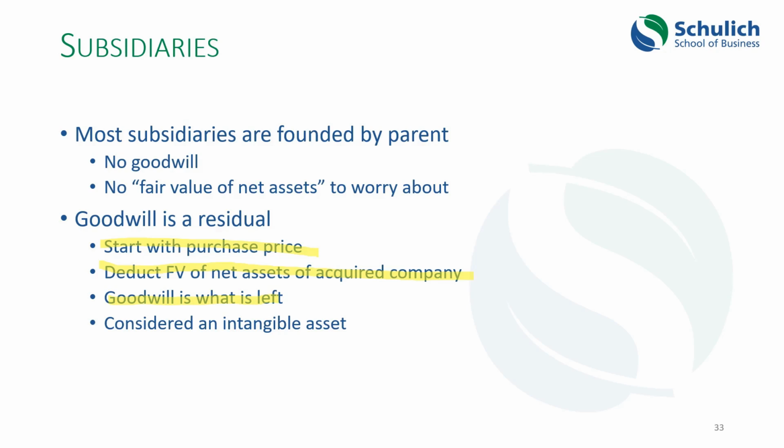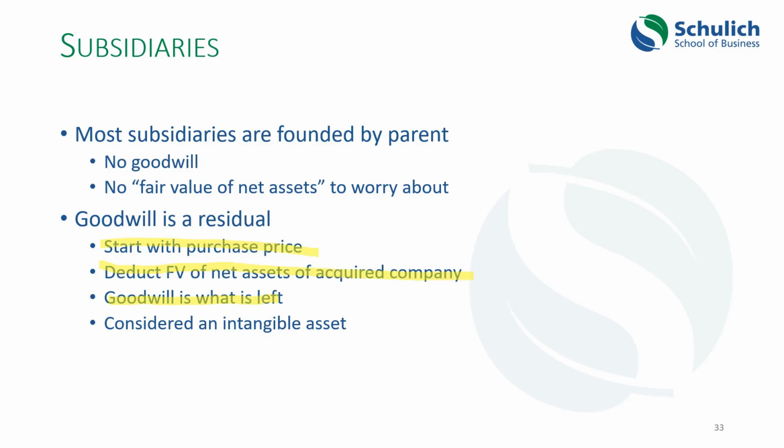Anytime that you see goodwill on the financial statements of a company, you know that at some point in the past, it purchased another company from the shareholders of that company, and it paid more for that company than the fair value of the net assets that it acquired. Why does it do this? Well, because it gains control over those assets, and it's worth paying to get that control. So keep in mind that the purchase price is a market price that's paid. You negotiate as a purchasing company, you negotiate with the shareholders what that purchase price is. And what you get is the assets and liabilities of that company. You have to determine the fair value of them, and the goodwill is the remainder.